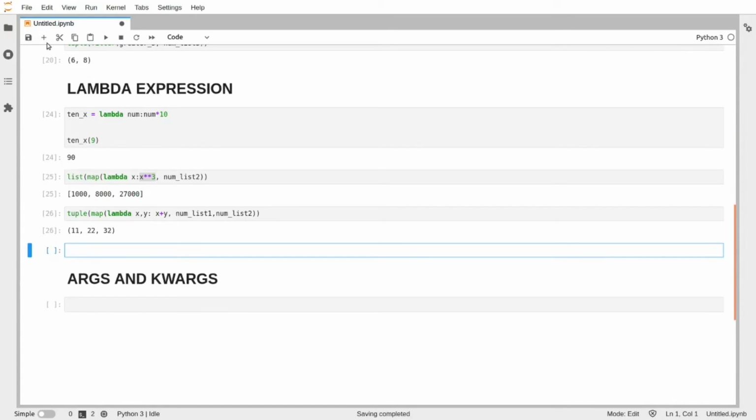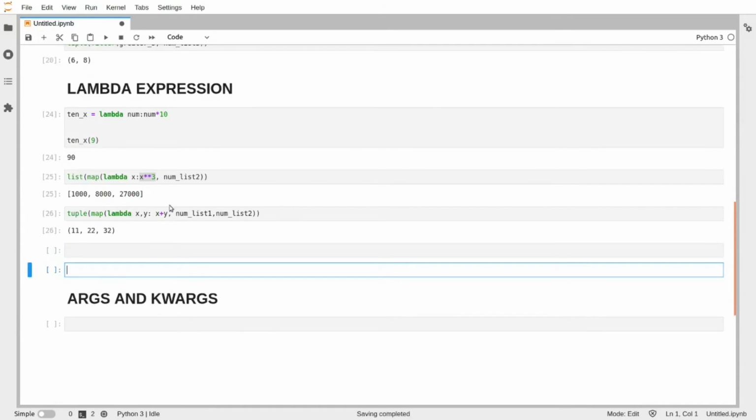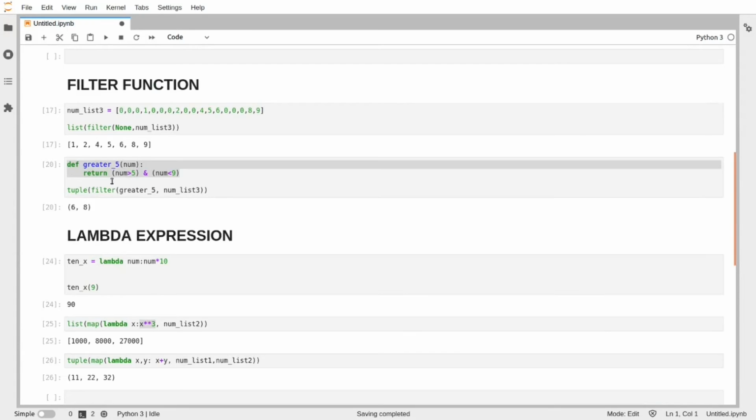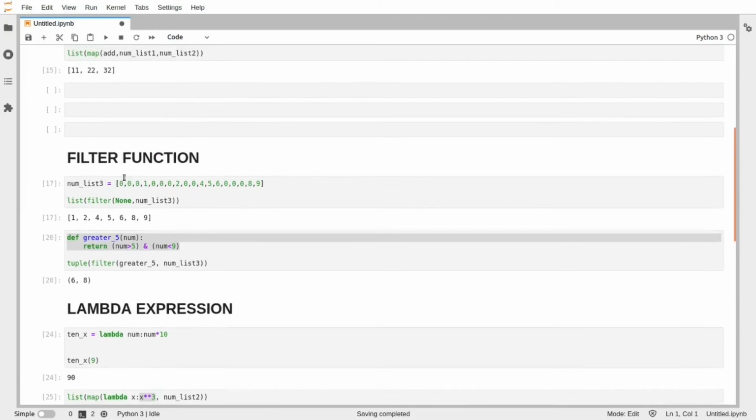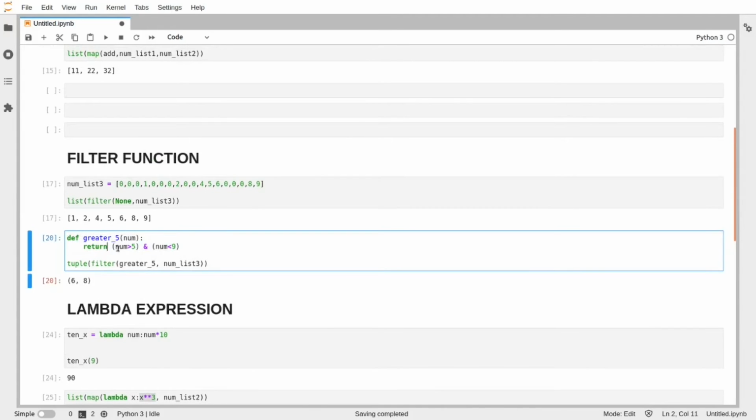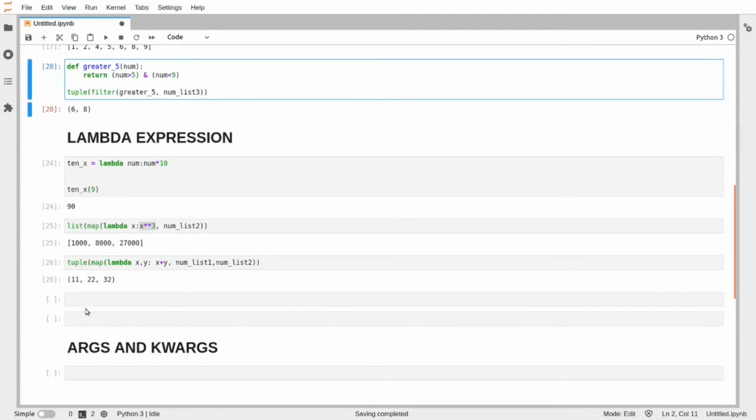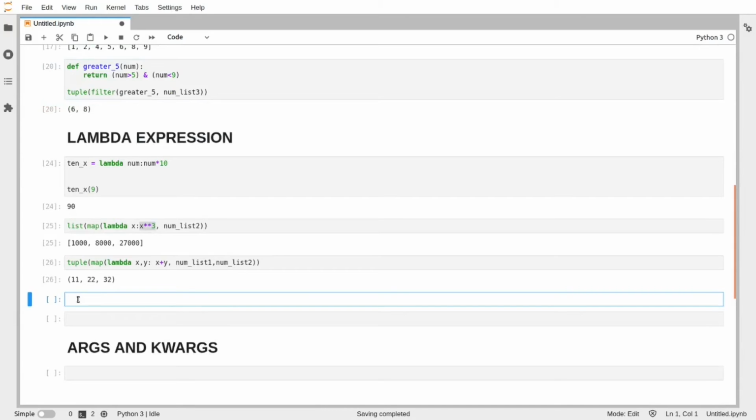Now this also works for the filter function. Here we did a filter function of returning numbers between 5 and 9. We can do that as a lambda function also. So what we'll do is, let's write filter and lambda,